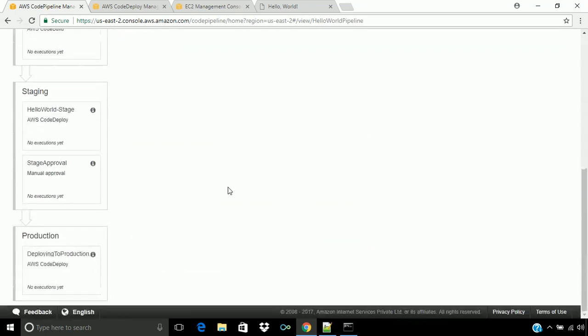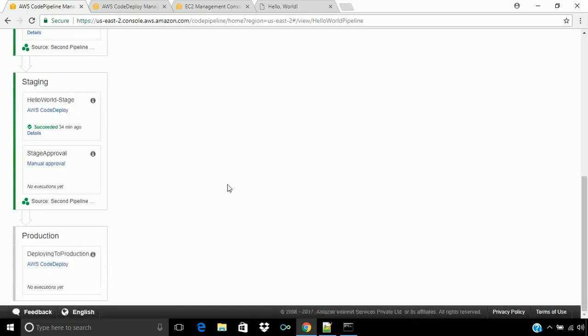Now we will make a change in our index.html and push this change to our CodeCommit repository, and then we will see whether we are getting any notification or not.